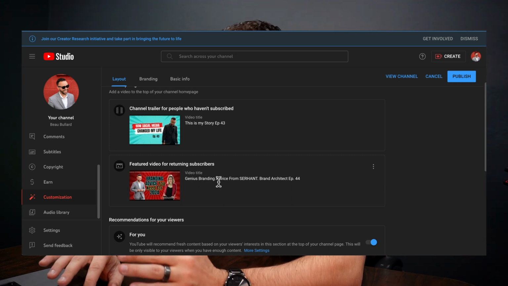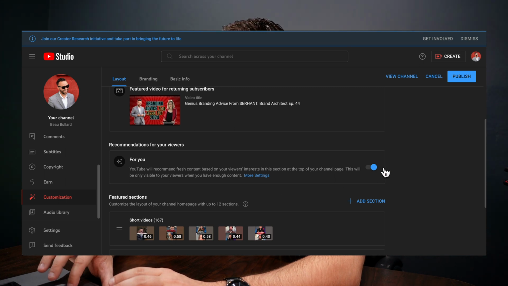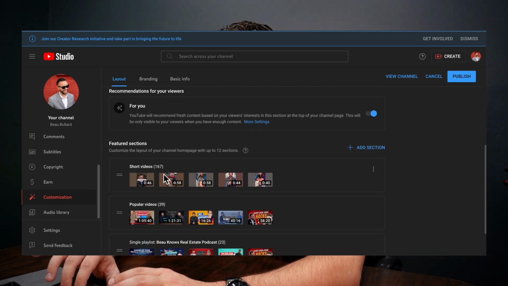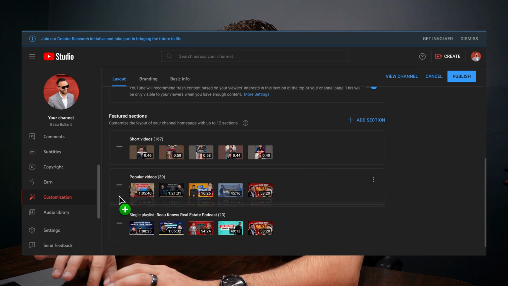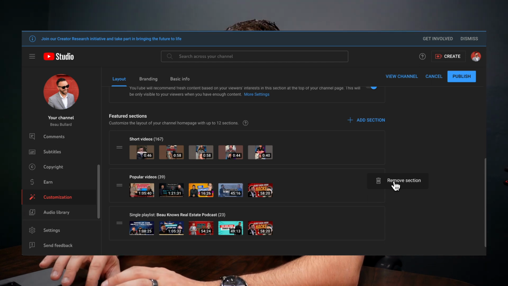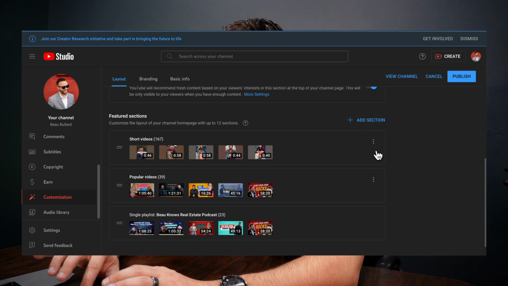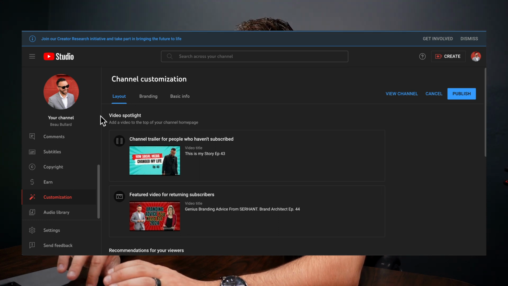Really cool. I just really like this customization feature. So for you, you can either have this on or off as you see here. And then you can customize, like, do you want your short videos on the top? Do you want popular videos in there? And you can always take them off. So if you want to remove that section, you can always remove it by clicking this tab right here. It's just the three little dots on the right of the tab. So that's a little bit from the layout portion of channel